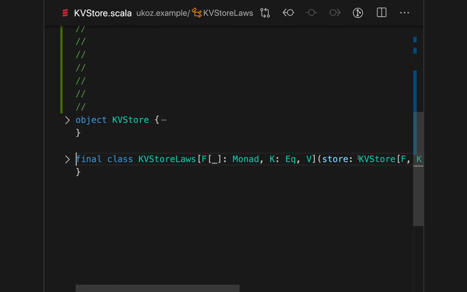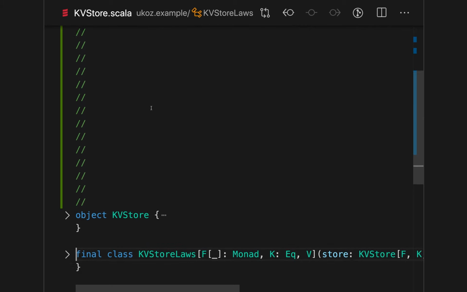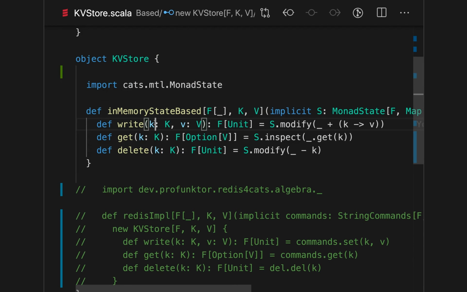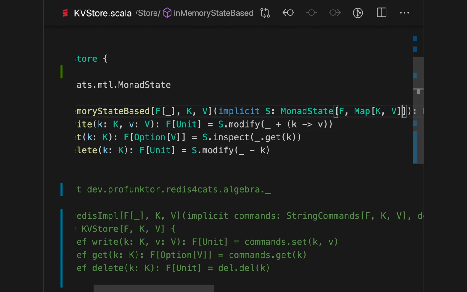But what do we test if we don't have an implementation for a key value store? So let's look at the implementations that we have. I'm going to have two implementations. The first one is going to be based on the monad state instance. We are going to have a monad state instance that contains a map of keys and values. This is the simplest representation of an in-memory store, just a map. And because this is going to be purely functional, we will not just modify a var in memory. We are going to interact with our state in a functional fashion using the monad state abstraction from Cats MTL. So this is going to work for any effect that can provide a monad state instance